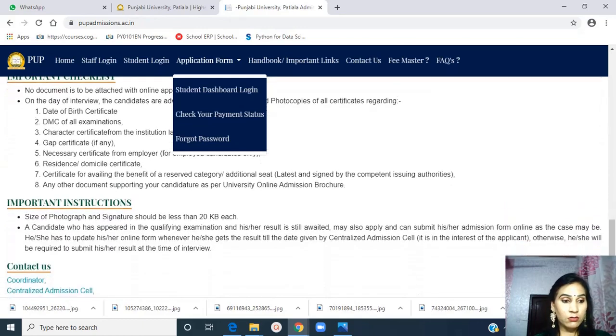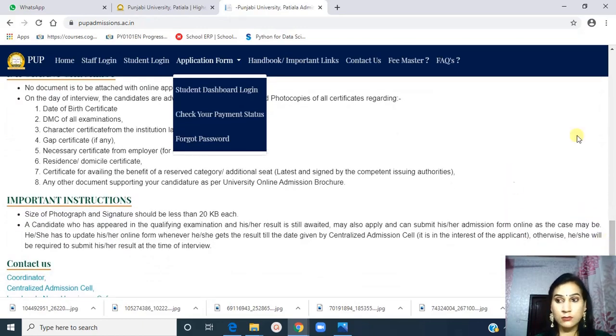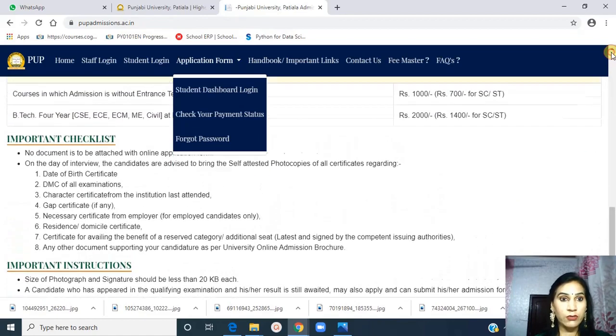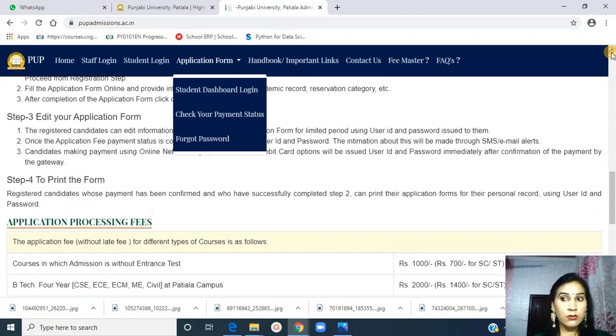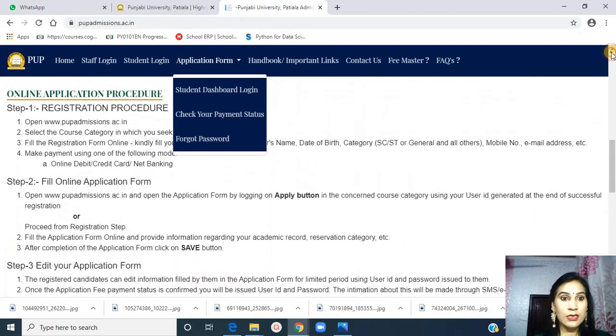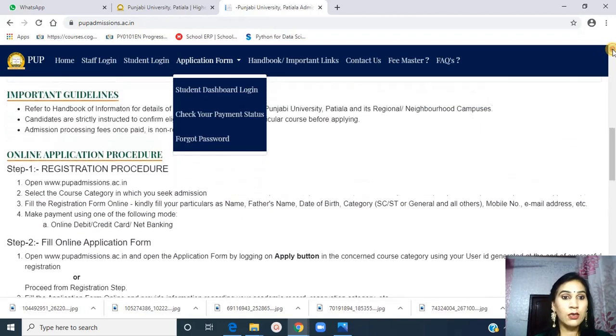So these are a few things which are given on the web page. So I am showing you the steps of how to fill the online form.